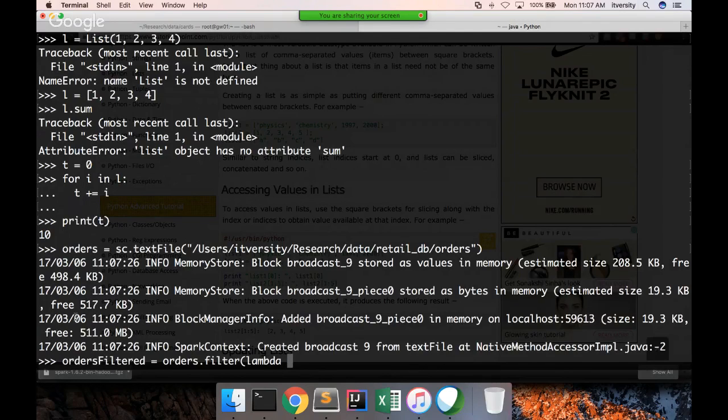You have to use lambda, give the parameter name, and then give the expression, rec, and then rec dot split. Our delimiter is comma, and the last field is order status. Orders have 4 fields: order ID, order date, order customer ID, and order status. If the order status is equal to complete or closed, then we want to consider only those. So equal to complete,